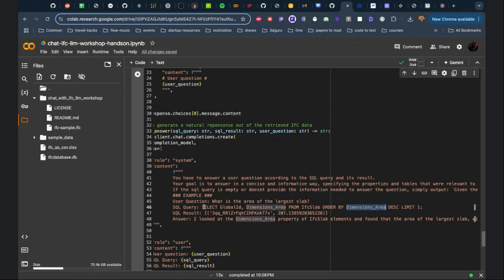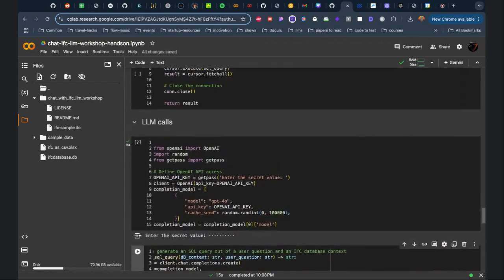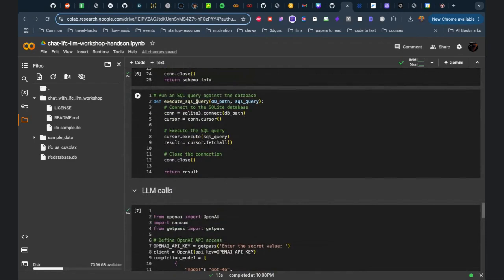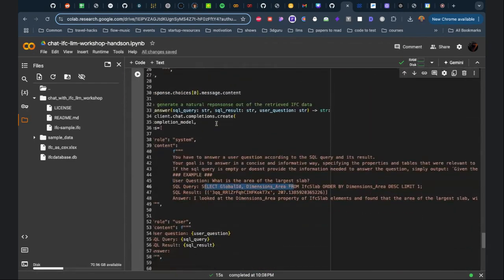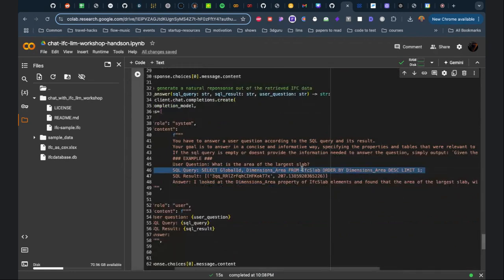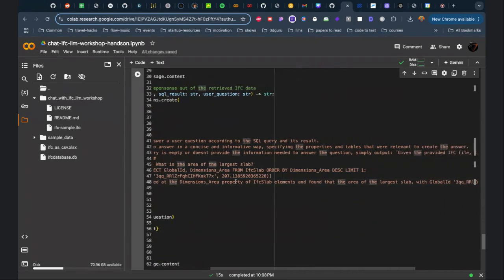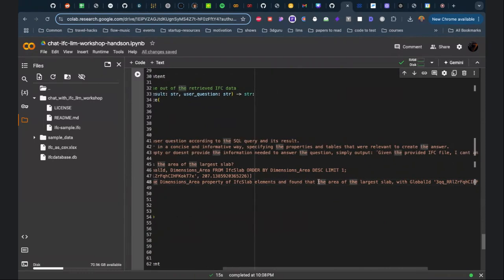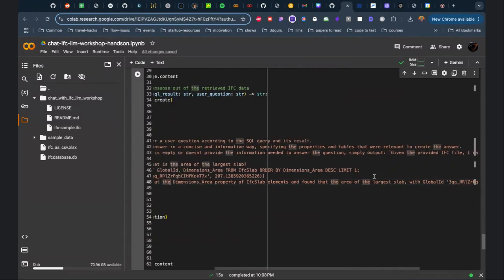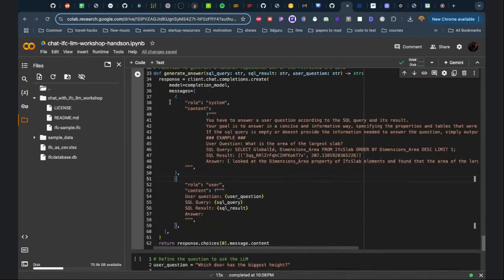Once you get this, we'll pass it into this execute SQL query function. When you pass this string into execute SQL query, it will give this answer: this is the ID and this is the area that I found. And then we just make another LLM call to summarize: the largest area of this IFC slab is this. Okay, so we run this,